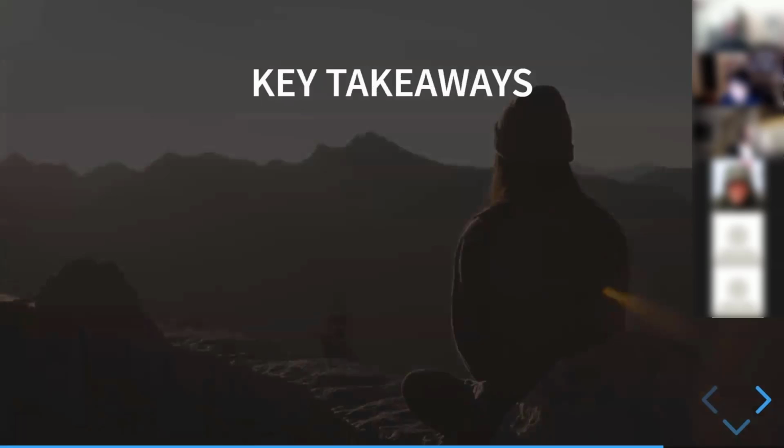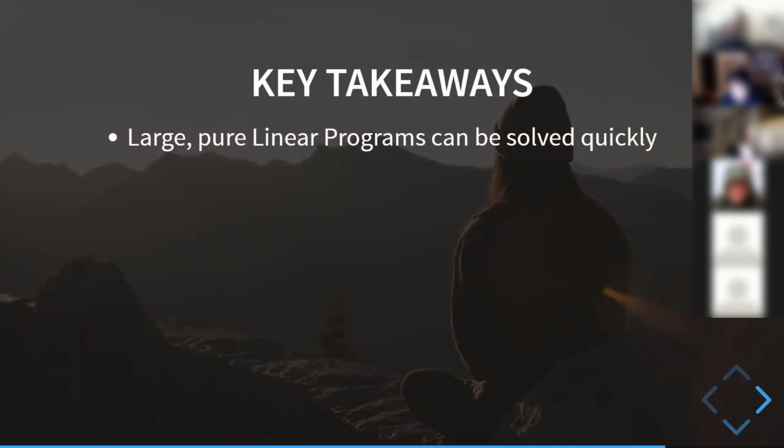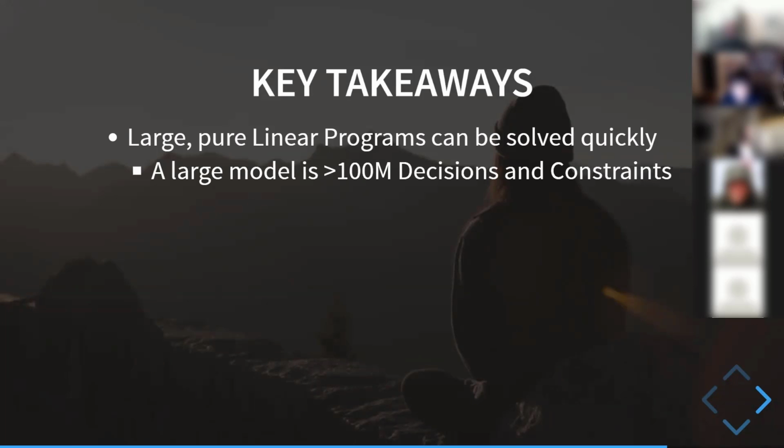So what are key takeaways from that? Well, what we've been doing originally with continuous decision variables, that falls into the area of kind of linear programming, as some people have been alluding to in chat, which is fantastic. We can solve really big problems that just use continuous decision variables. And by really big, I mean over 100 million decisions and constraints. Really big. That might take a couple hours, but it'll solve. At that point, you're almost becoming memory bound.